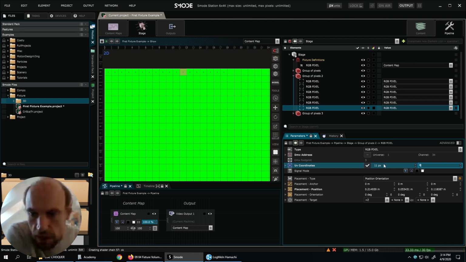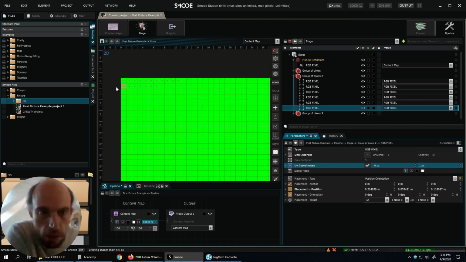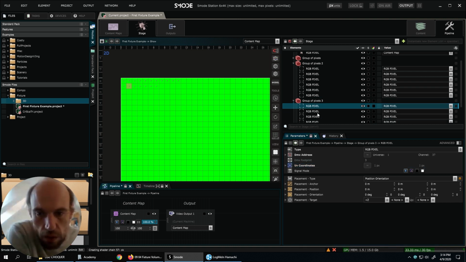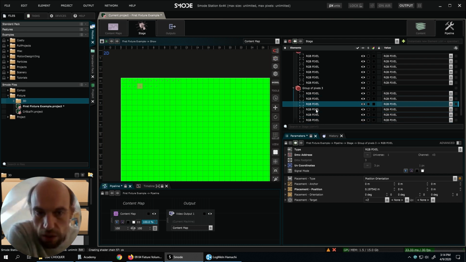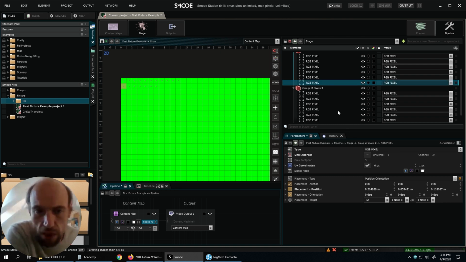And now let's say this one I wanted to have on a new line. So I start at 0 and line 1. And now my new pixel is located at this location. And the following pixels are simply in automatic mode. So they take the next free location in the content map, starting from the pixel we have placed manually.